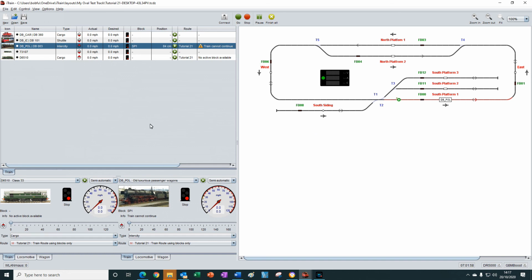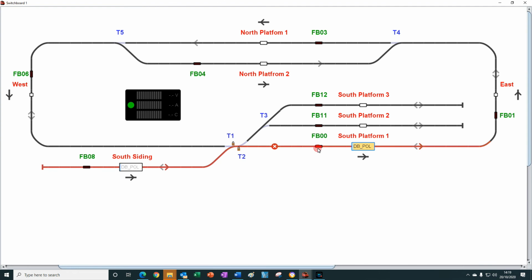So let's get rid of this error by double clicking on it and then place our train back onto the starting block using set, and we're in 4th gear pointing in the right direction. Then we can click the start button to start the route, and I'll switch to the other window and we'll progress the route on